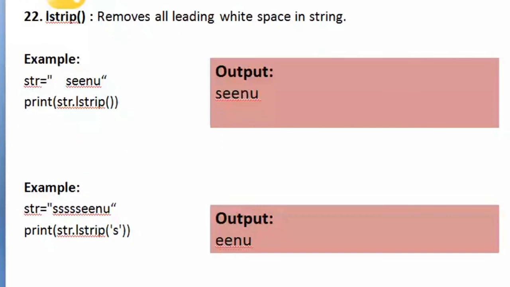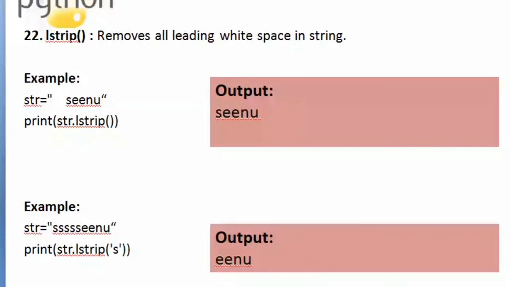Okay, right. So the strip method removes all leading white spaces in a string. Any white spaces that the string has at the start, it will remove and print only the text for you. If there are white spaces inside, like in "this is a Python class", that will be printed as it is, but leading white spaces will be removed. So here there are some leading white spaces before Sinu, they are removed and the output is like this.